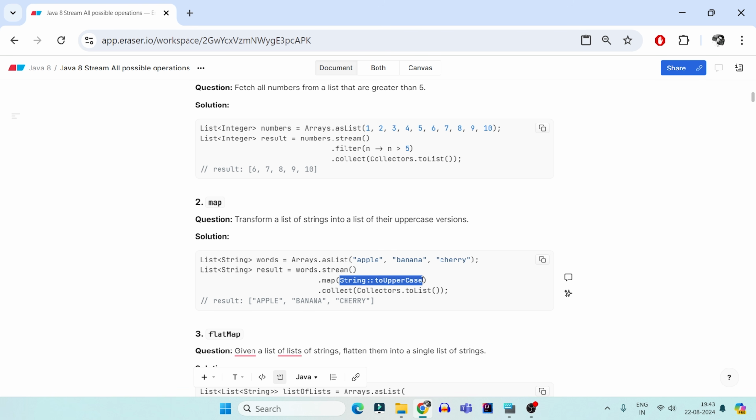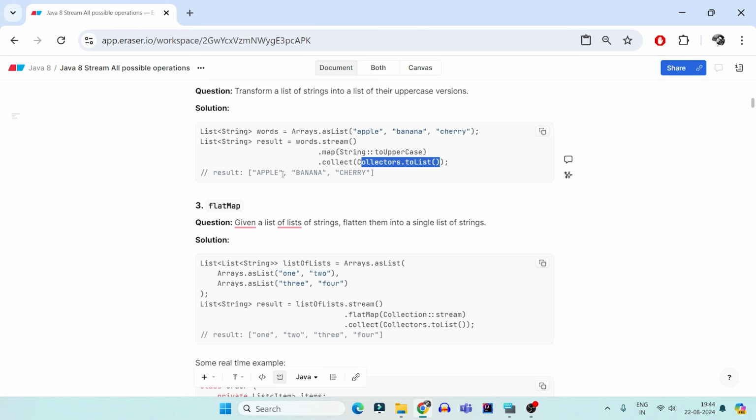Now in real time, if I am getting the list of orders in an e-commerce website, but for my operation I just need the order IDs. I don't need what items are there in the orders, or how many quantity of each item there is. I don't want that much complication. I just want the order ID. That's the only thing I need. Then what you can do is fetch the list of orders, map each order to order.orderId, and then when you collect to the list, your input is the whole list of orders, but your output will be only the list of order IDs. So this is how you can map it whenever required.